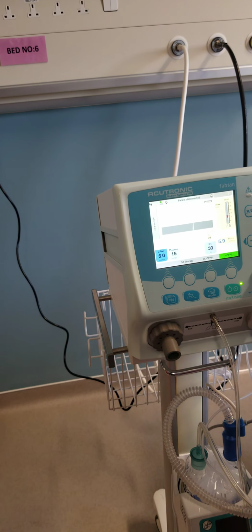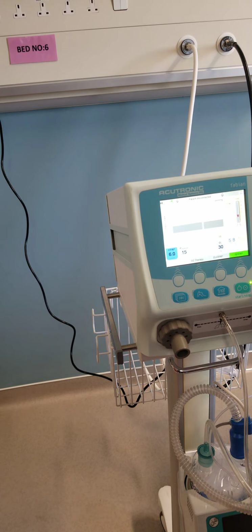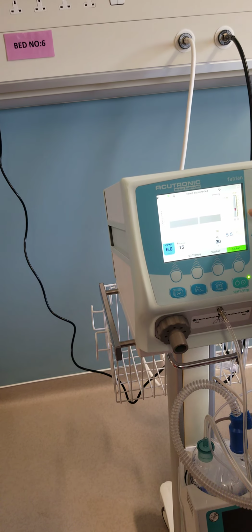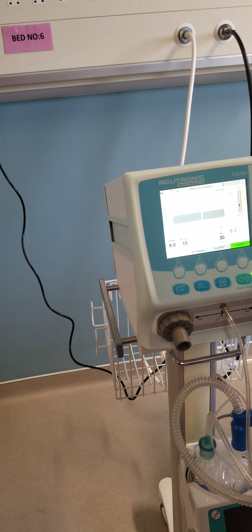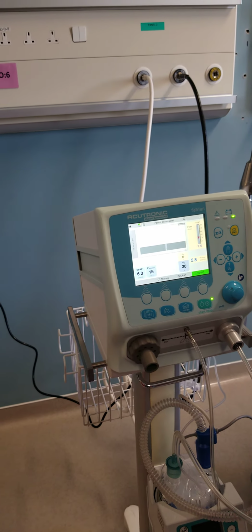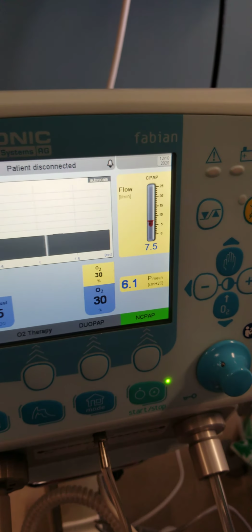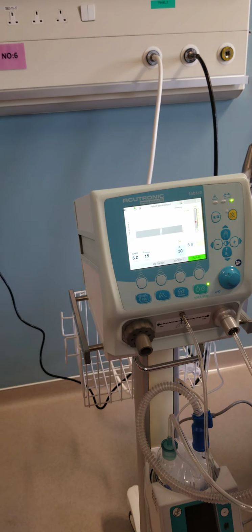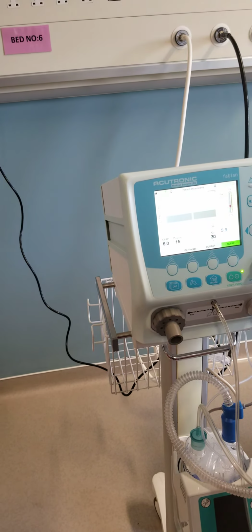The very reason is, if I were to increase the leak now, it will adjust the flow automatically to keep the PEEP. See, the flow is increasing, and it's trying to keep your PEEP safe. So this is good for the baby as well. You don't really have to struggle and make it really tight, avoiding hurting the baby more. And if after some time it comes back to normal, the flow will decrease again on its own. So it's good for the baby, friendlier, as well as for you. You don't have to spend your time coming and adjusting all the time. So that's very practical. That's why you have this oxygen control and your CPAP.